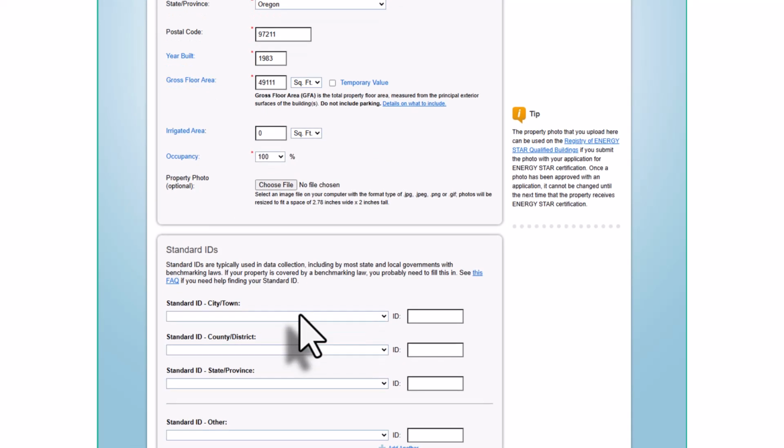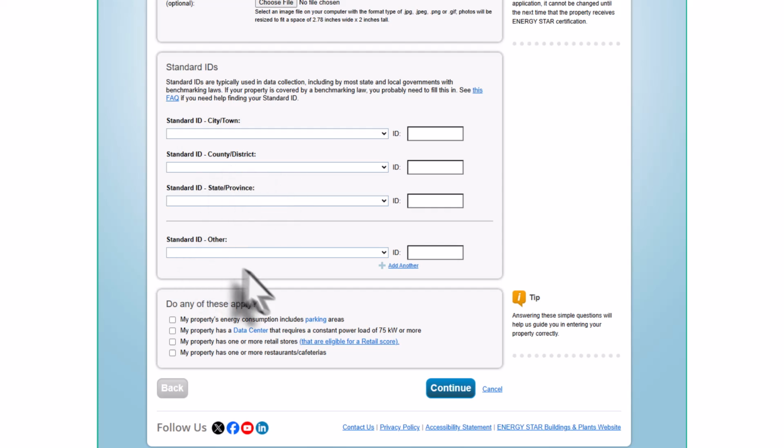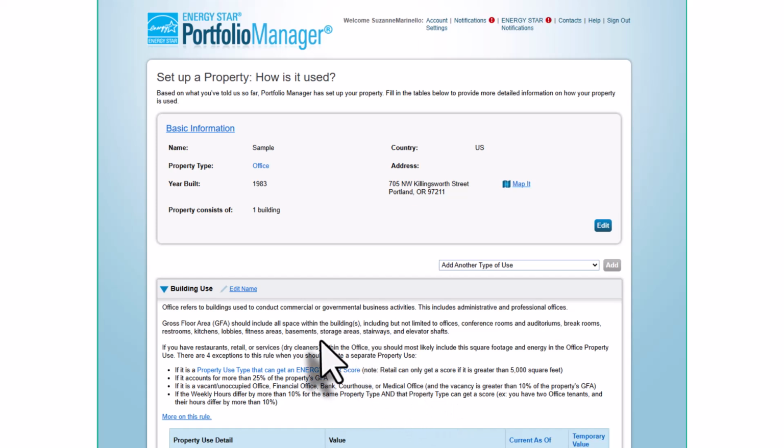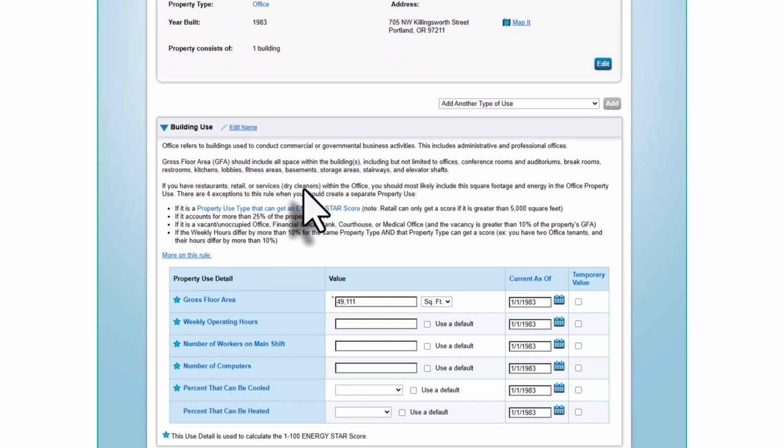So now you've filled in that information. We're not going to do anything with standard IDs. Do any of these apply? No, and so hit continue, and this will take you to this page here. Your basic information shows up here as we typed it in. The building use,